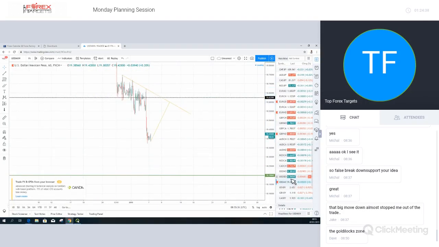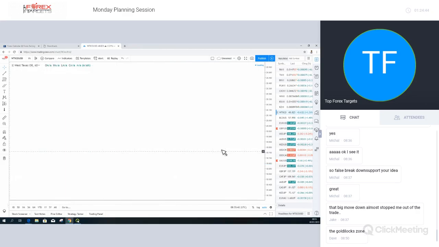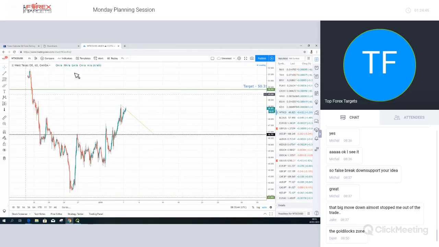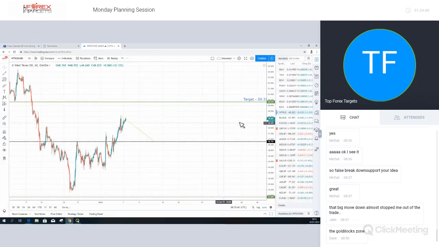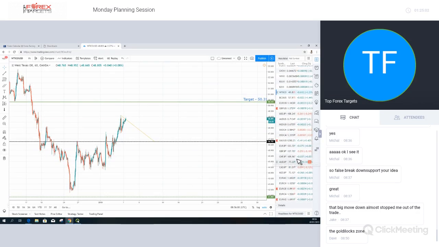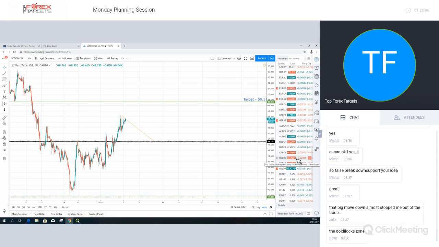Okay. Combined with the fact, don't forget that, just very quickly, we have oil advancing to the upside. This should also help the Mexican peso out, and conversely, oil tends to move inversely with the US dollar. So if oil is going up, the US dollar tends to be correlated to the downside, and if the US dollar is going up, oil to the downside, vice versa. Okay. So those are some of the pairs that I'm looking at.